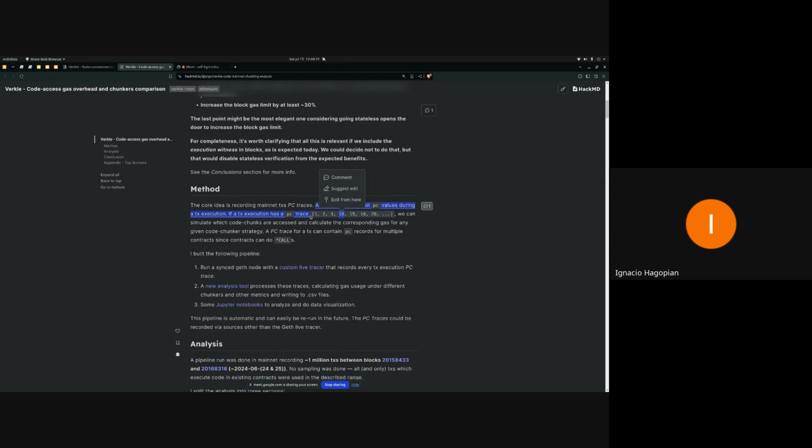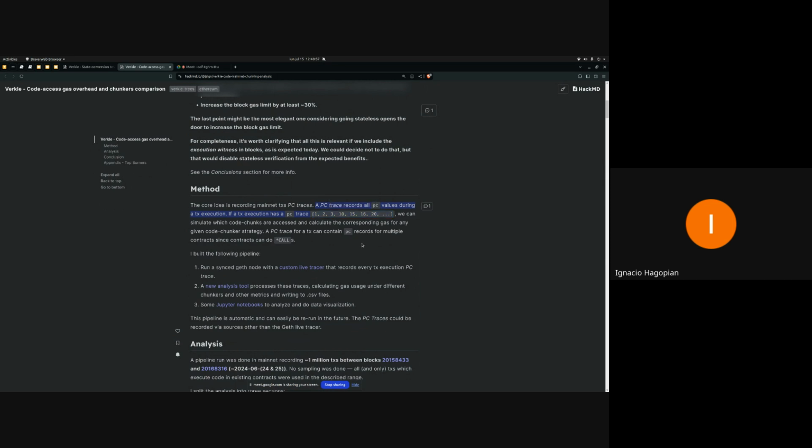So a sample PC trace might be something like 1, 2, 3, 10, 15, or whatever. So you are executing instructions, then maybe you have a jump, and you keep doing stuff. Of course, if in the transaction you have more than one contract, you will have a PC trace per contract in the transaction.